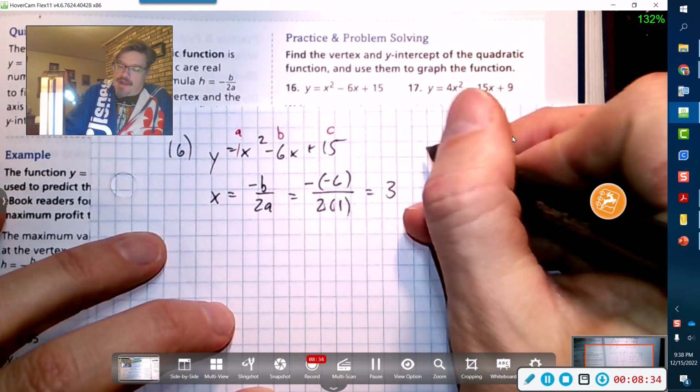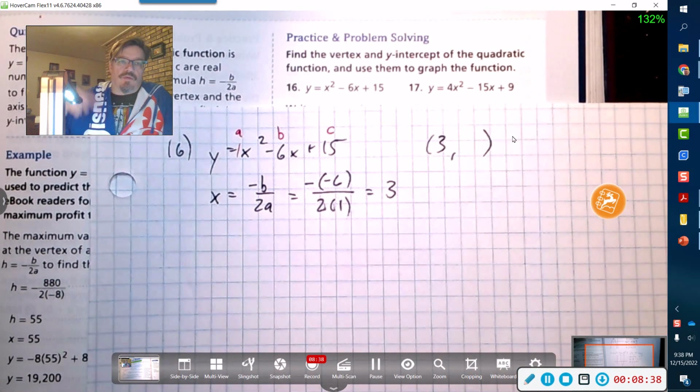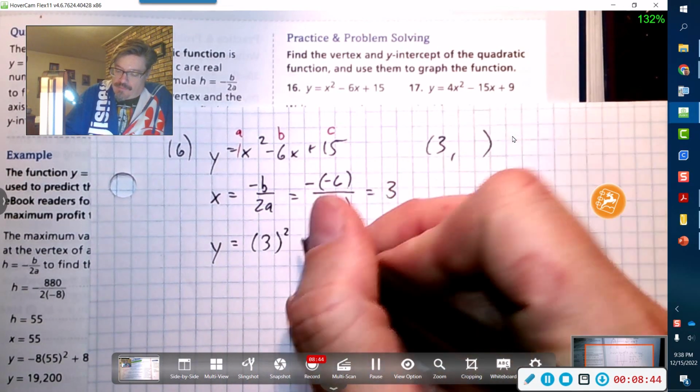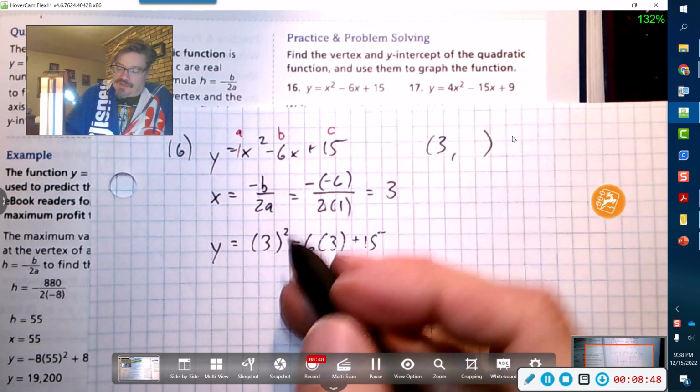Alright, so right now we have 50% of our answer. We know that that's the x-coordinate. Now to get the y-coordinate, all you got to do is go back to the original function and just plug it in. Now remember, it's very important that you use parentheses because when you square a negative,